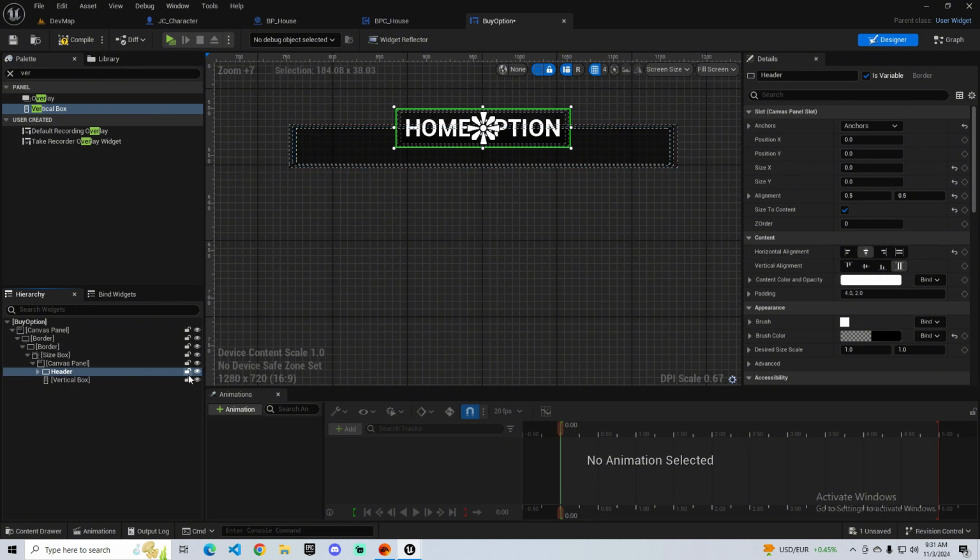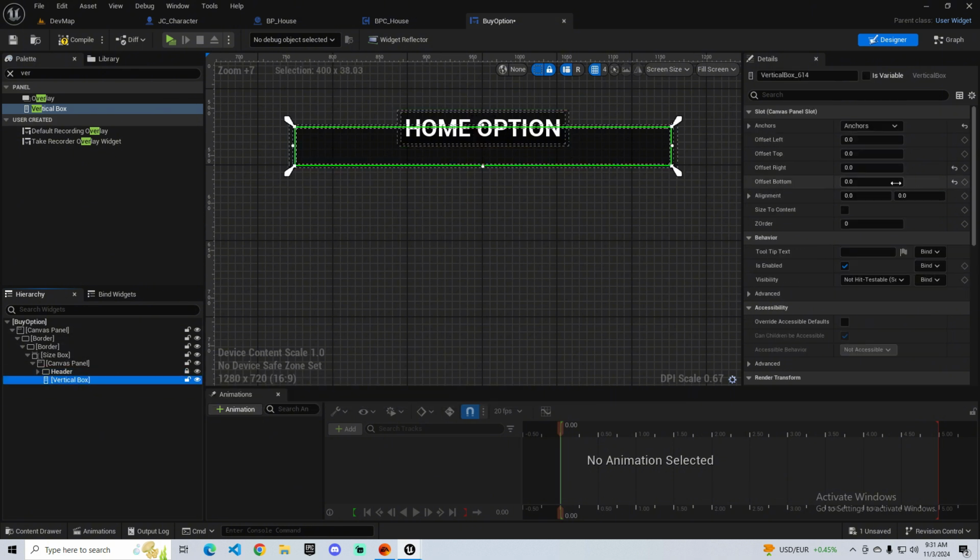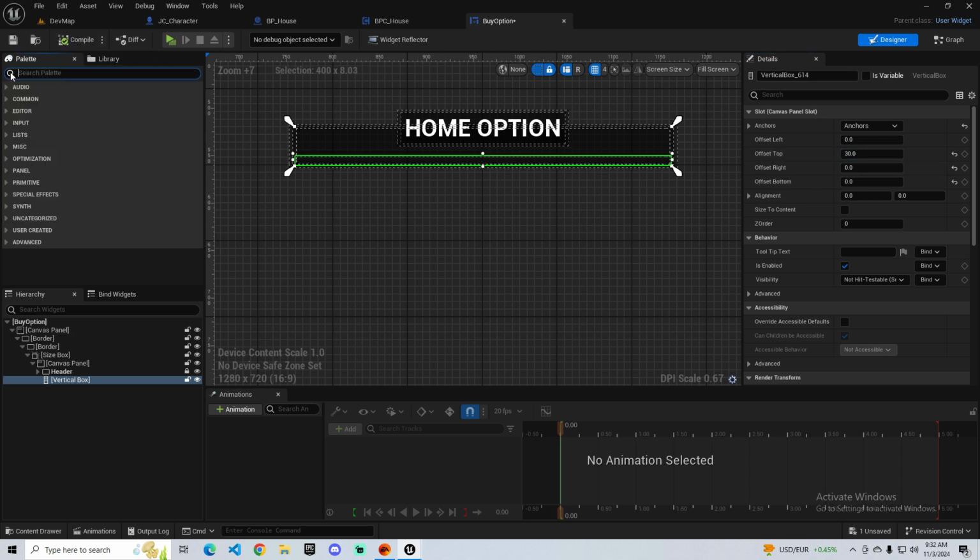Nope, lock it, and then this one top would be about 30, yeah, 30 is fine, 15 left, 15 right, 15 bottom,